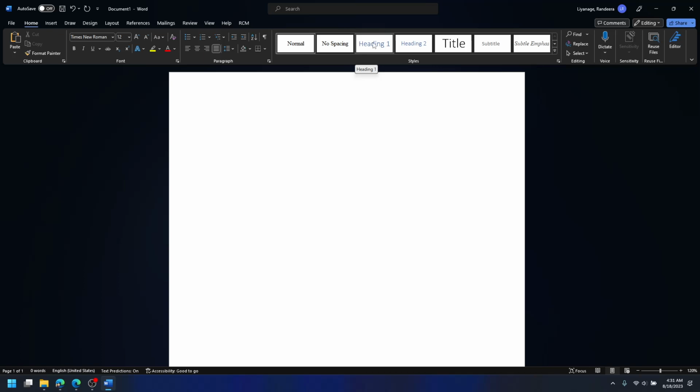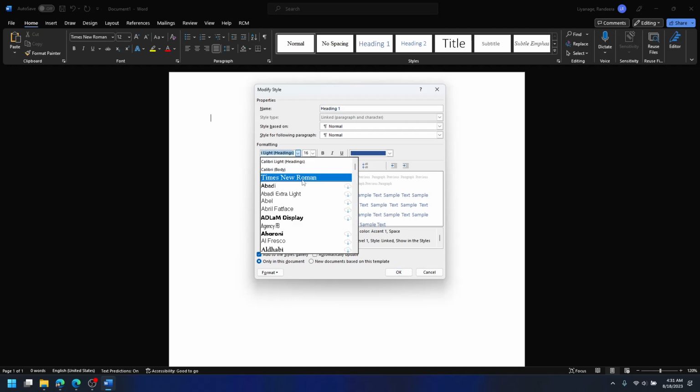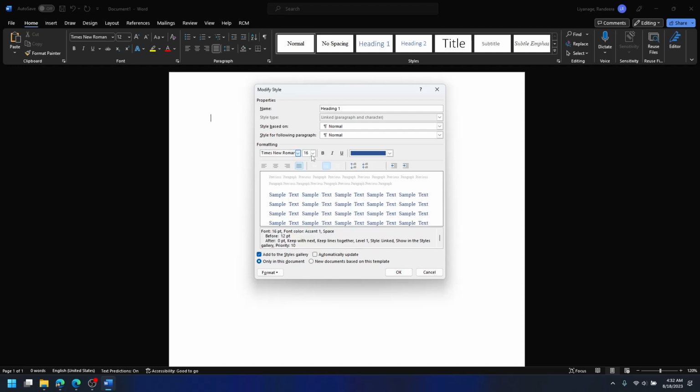So what you can do is you can go to heading and you can right click. When you right click, you have an option called modify. When you click modify, you can see a formatting tab here. Inside this, you can set your specific font size, whether it's bold, italic, or underlined, and you can select your color. Usually, this font type will be the same as your body, so I will select Times New Roman. And the size, it depends on the requirement, but in this illustration, I will select size 12, bold, all caps